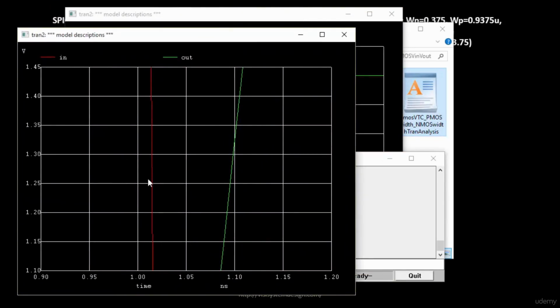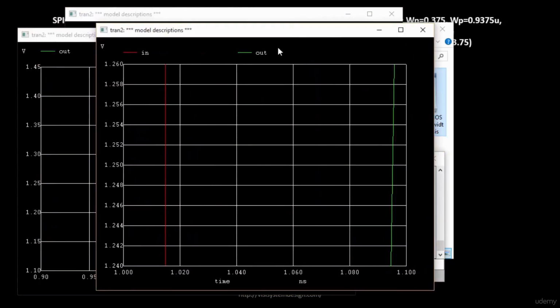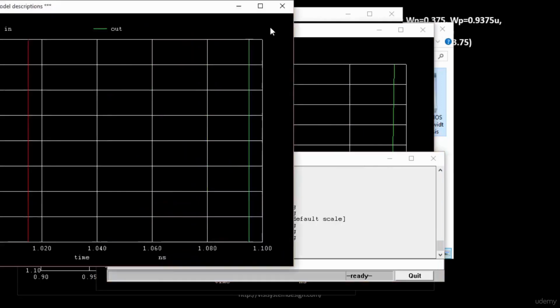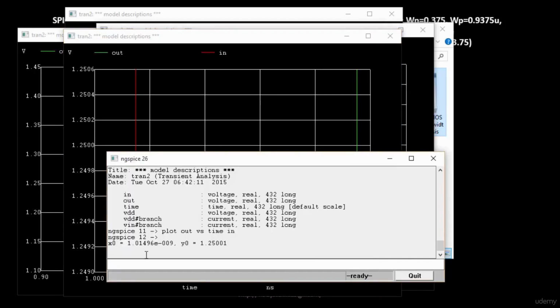Let's zoom into this area even more. Okay, and then over here, this is even more. Yeah, and to be precise, we just need to click on 1.25. This is 1.25,